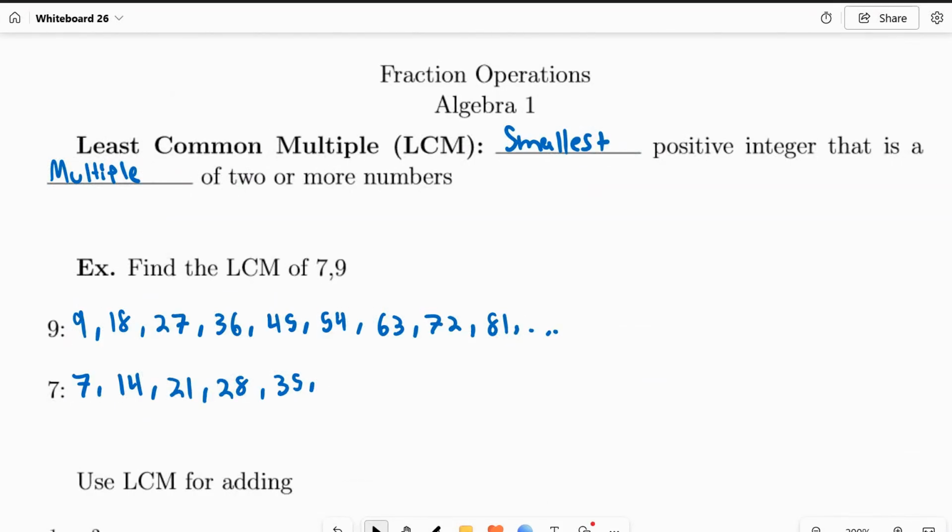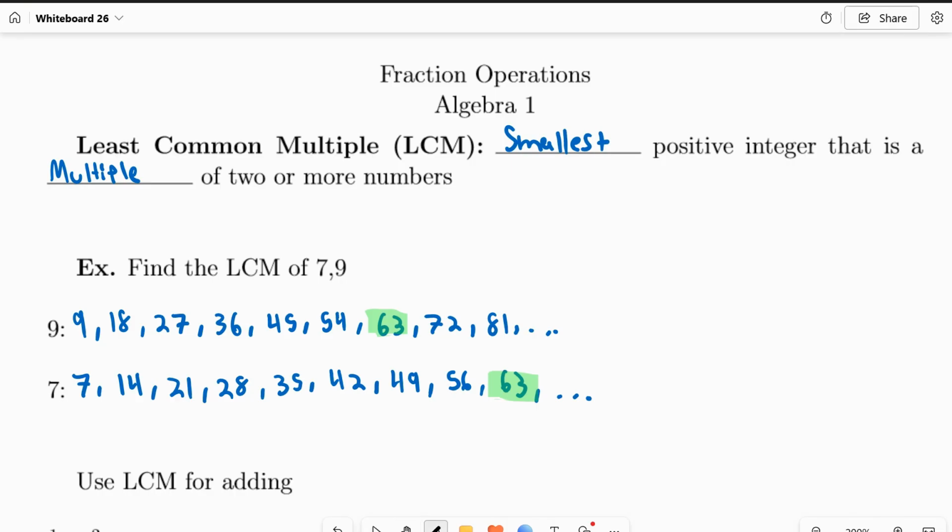Times 6 is 42. 7 times 7 is 49. Times 8 is 56. Times 9 is 63. So on and so forth. And we have found a common one. So starting left to right on each of these lists, our least common multiple is going to be 63 for